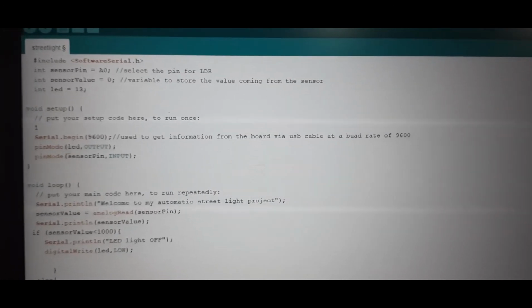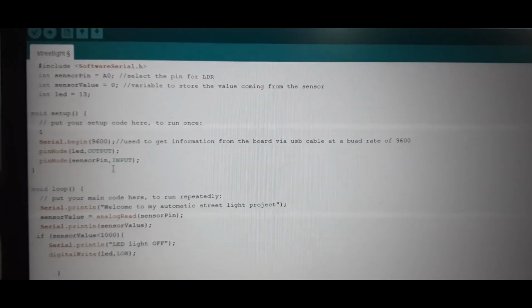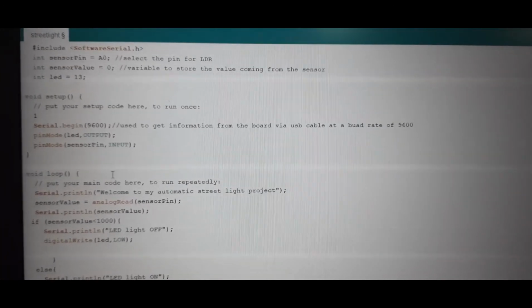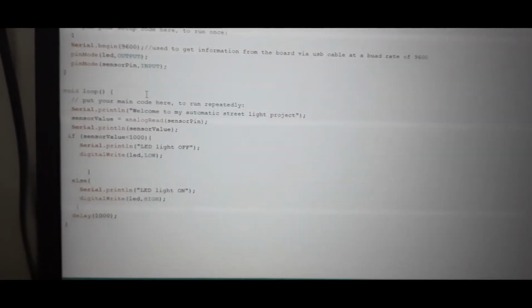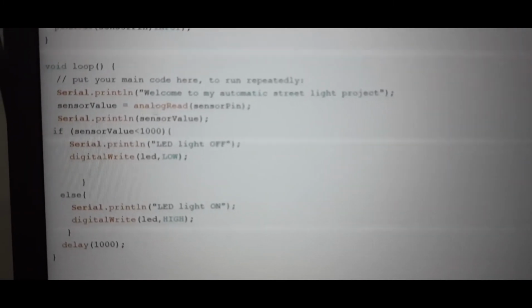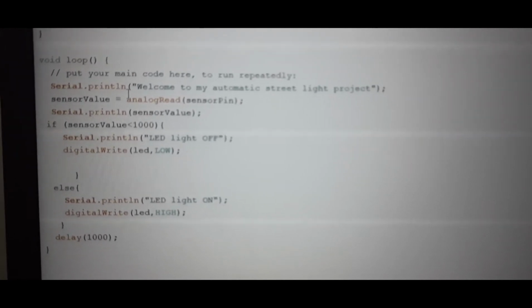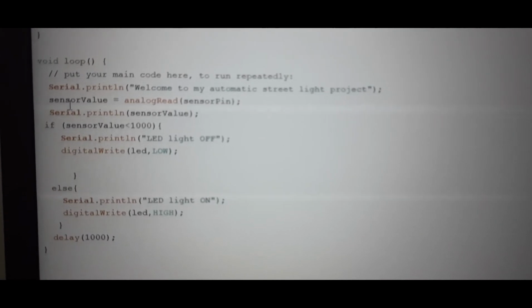Pin mode LED output, set the LED as output and the sensor pin as input, right? And then here we read the sensor pin data using analog read, and then we put it to a variable sensor value, and